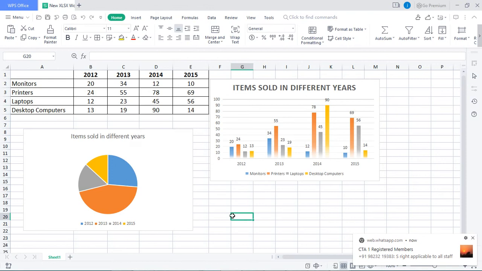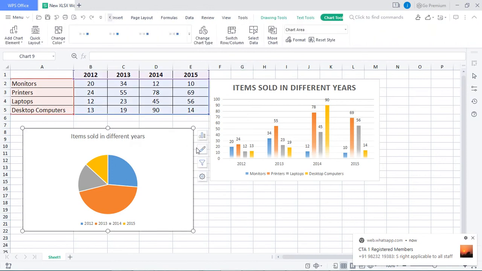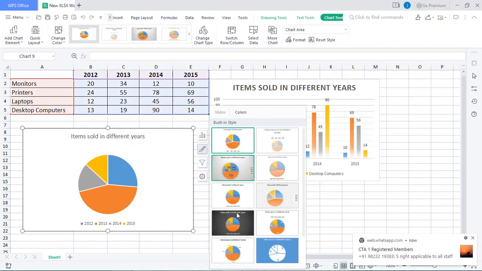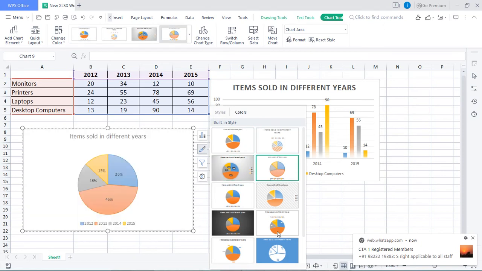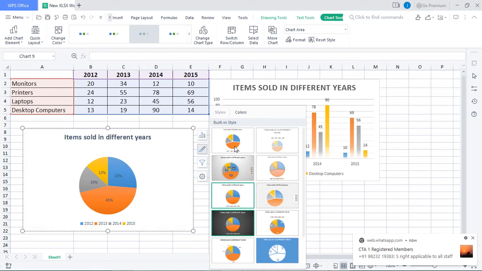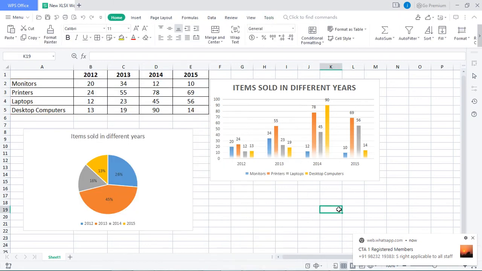Likewise for this chart also, you can go over here and the appearance keeps changing. So these are two examples of a chart. The first thing we need to do is get the data that is to be tabulated and converted to a chart. Depending upon the values, we can then select the chart that we want, whether a column chart or a pie chart.